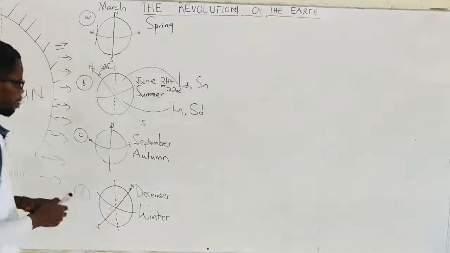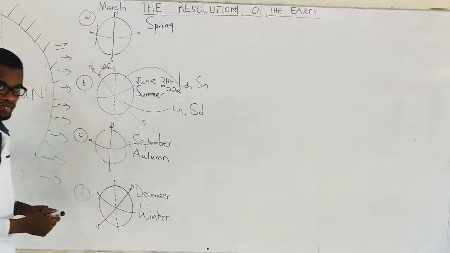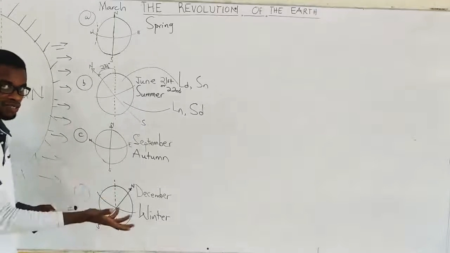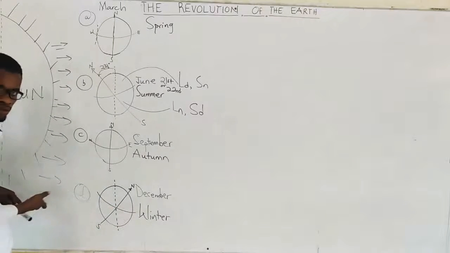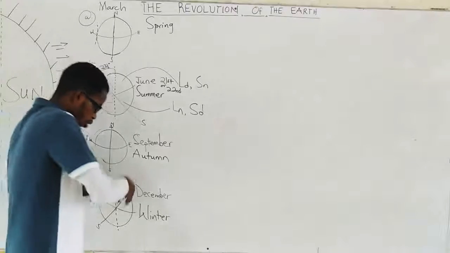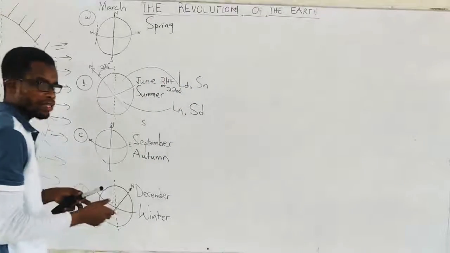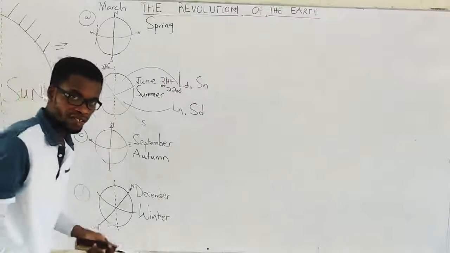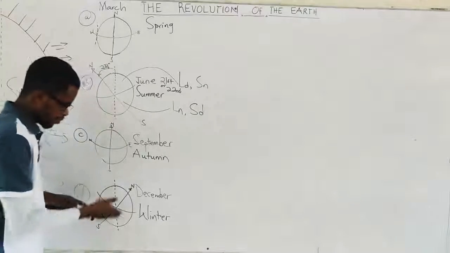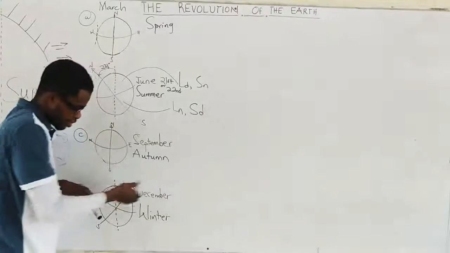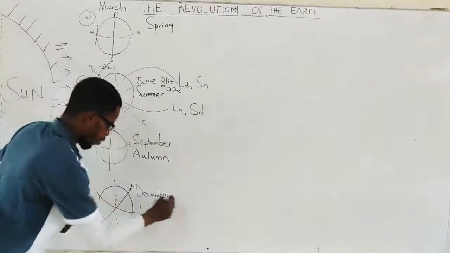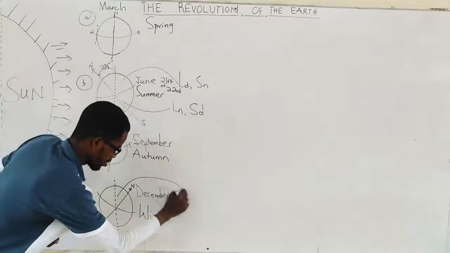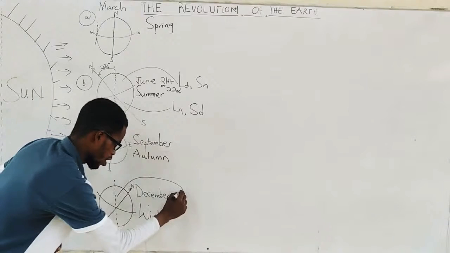Okay. Now let me come to the second solstice, where the opposite occurs. This time around, South Pole is drawing closer to the sun rays, and North Pole has tilted further away. So, which part is going to receive more sunlight and which part will not? The part that is tilted away, which is the North Pole, will receive less sunlight. Therefore, what is going to happen in the northern hemisphere? There is going to be what? Longer nights,